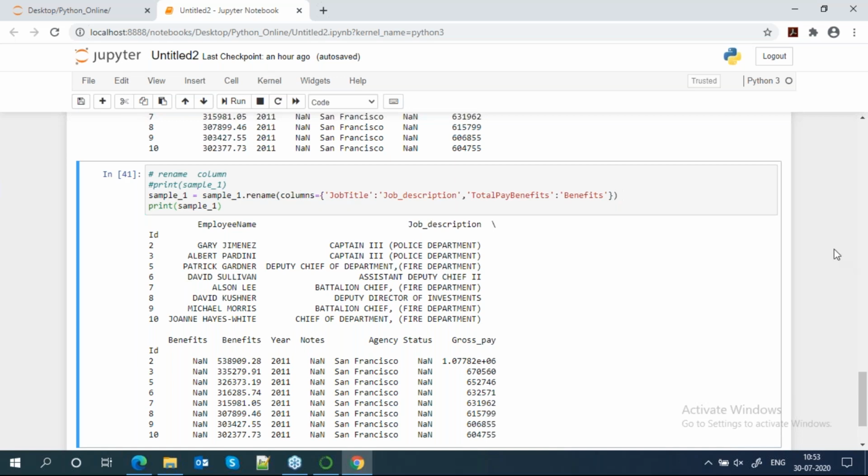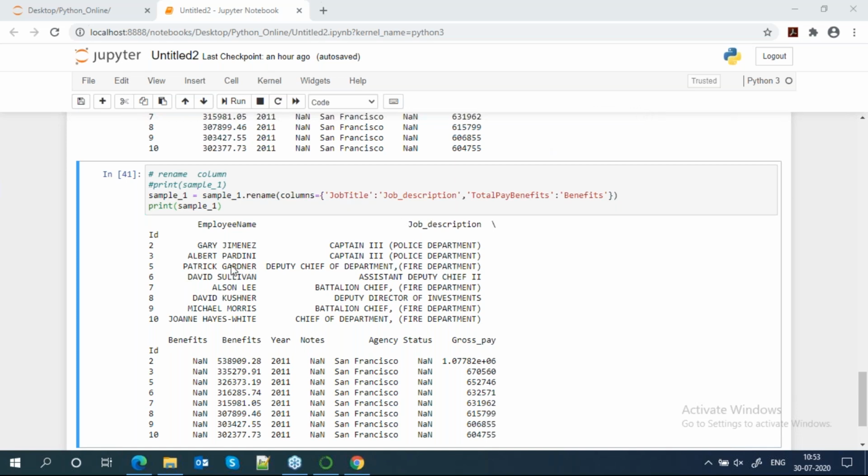It is really difficult to remember all of them, but yes, you should know the method, like which method I need to use for rename. That is the question.